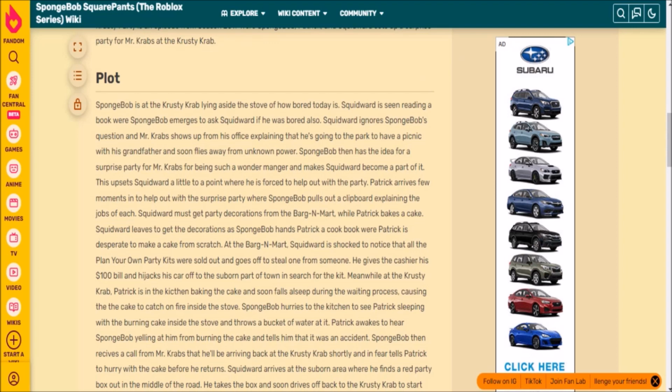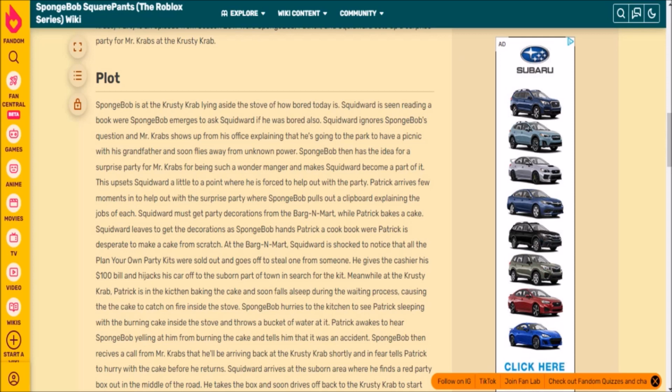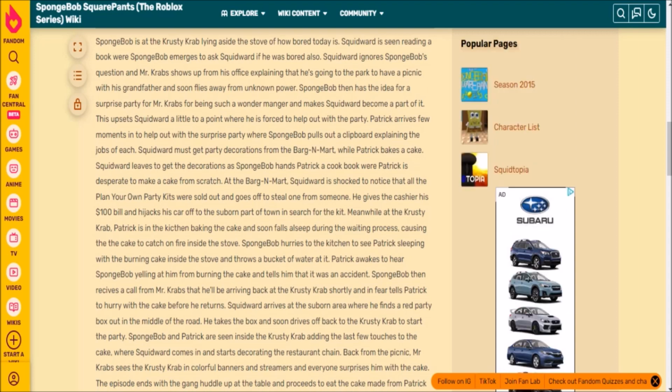The plot: SpongeBob is at the Krusty Krab, lying beside the stove, complaining of how bored today is. Squidward is seen reading a book, where SpongeBob emerges to ask Squidward if he was bored also. Squidward ignores SpongeBob's question, and Mr. Krabs shows up from his office explaining that he is going to the park to have a picnic with his grandfather and soon flies away from an unknown power. SpongeBob then has the idea for a surprise party for Mr. Krabs for being such a supposedly wonderful